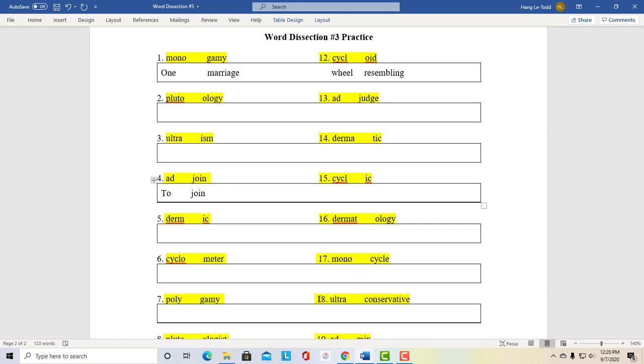So if I were to put add and join together, it would become the word adjoin. It means to join something, as in like adjoining rooms, rooms that share a wall. Okay, and that is the end of my